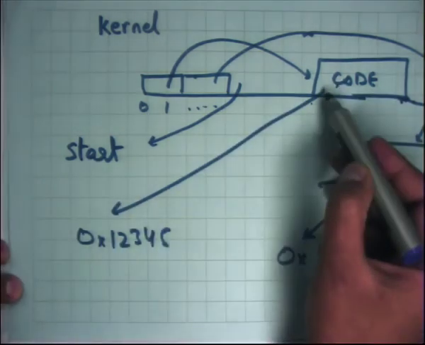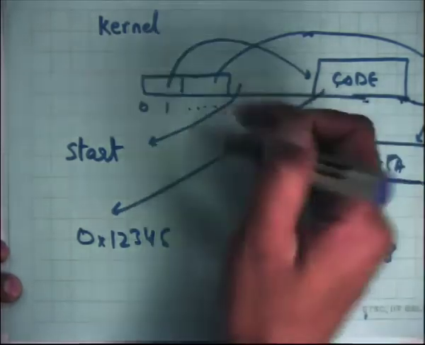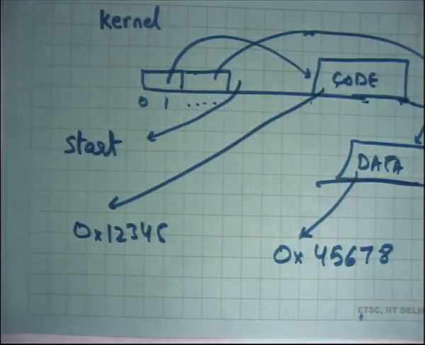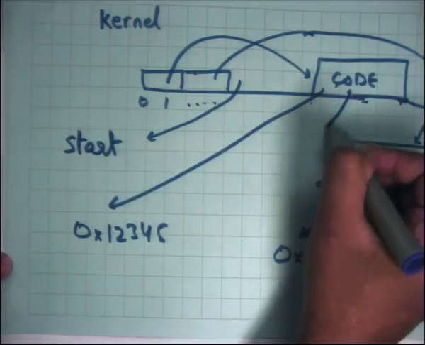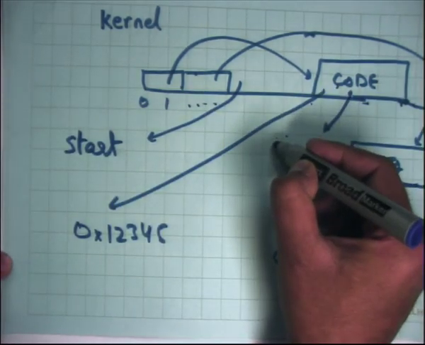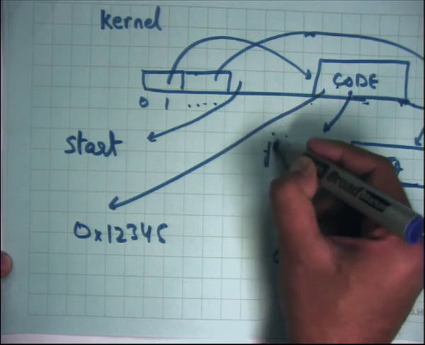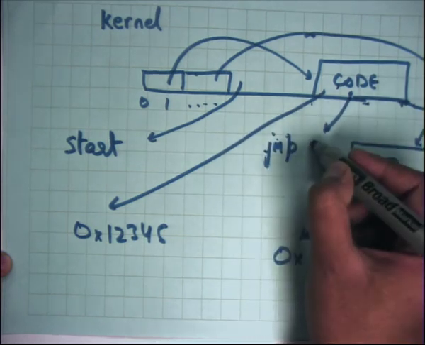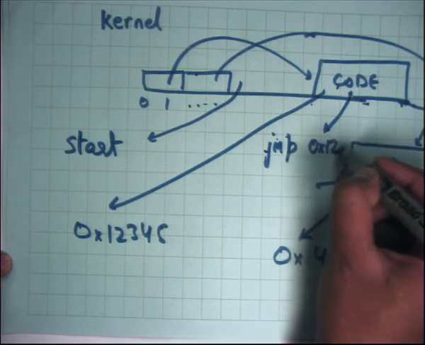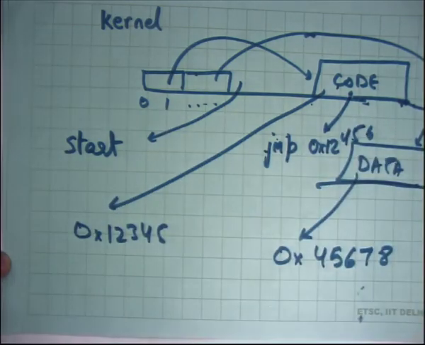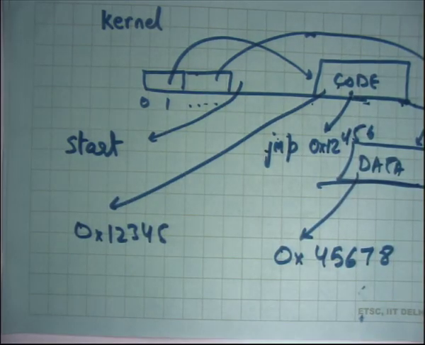Also, when you say that the code should be loaded at a certain address, the code internally could have pointers to itself. For example, inside it I could say jump to some address 12456. So 12456 should be meaningful, because I know that I'm going to be loaded at 12345, so I know what instruction is going to live at 456, and so internally I could say jump to 456, so I know what instruction is going to get executed at that time.